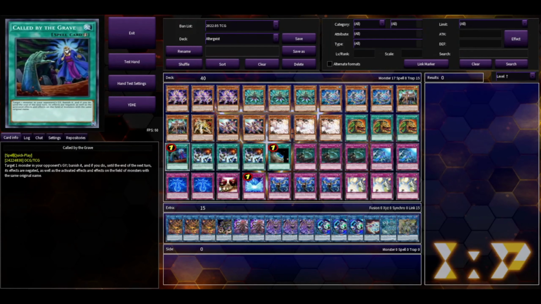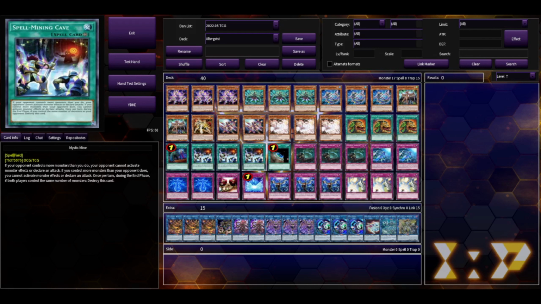And then the spice, the absolute spice. 3 Mystic Mind. Now, I know I'm probably going to get a lot of hate for this, but Mystic Mind works so well within this deck. In fact, I got inspiration for this deck from a friend of mine, Connor, who used to play Altergeist Mystic Mind back in locals. And this was probably